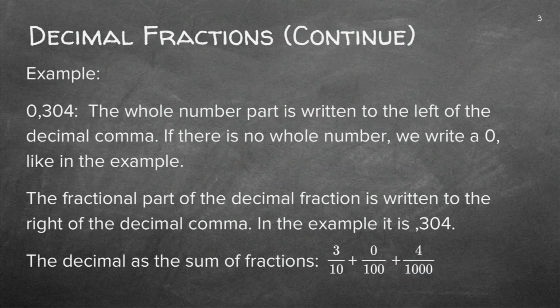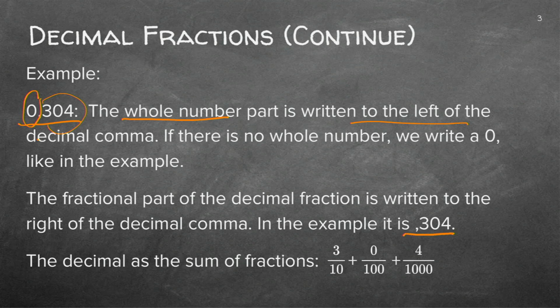Now let's explain. This is our example, 0,304. The whole number part is the part written on the left of the decimal comma, that portion. If there's no whole number, we write a 0, comma, like in the example there, okay? So the fractional part of the decimal fraction is written to the right of the decimal comma. So in this example, it is